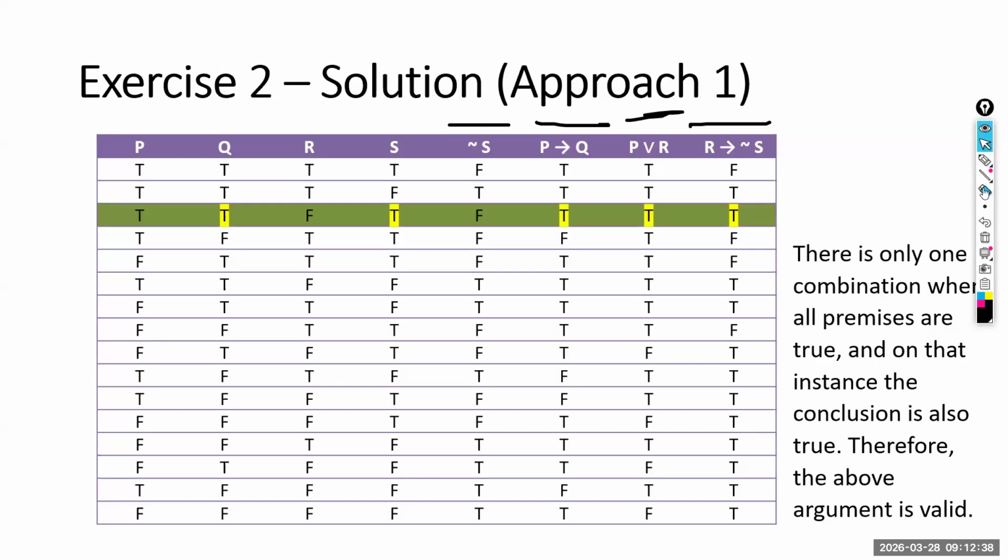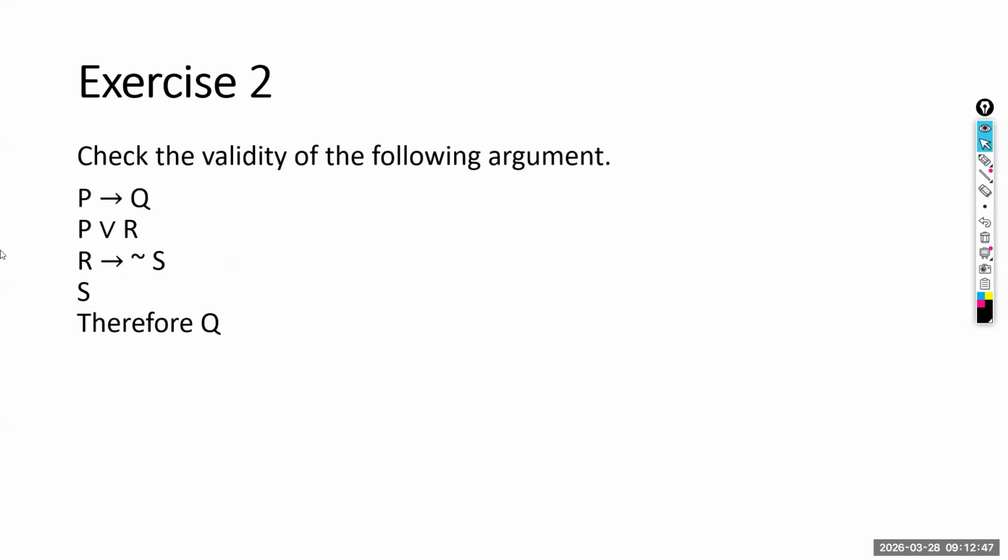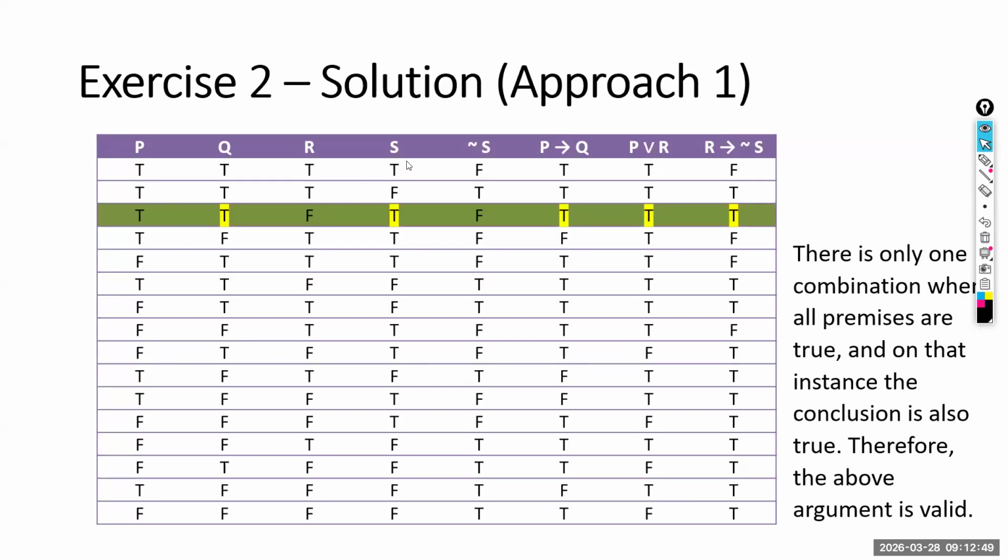So then mark which are your premises and what is your conclusion. Obviously the conclusion is Q. Conclusion is Q, this one. And these are the premises, assumptions. And check